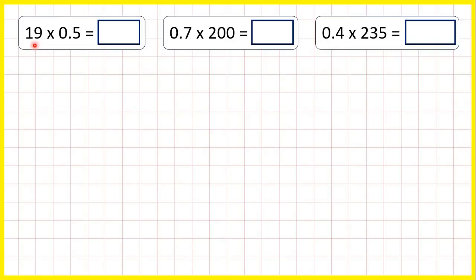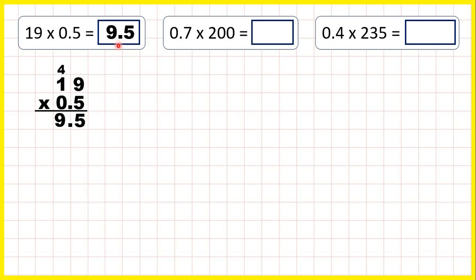We have 19 times 0.5, so we can set this out as a column multiplication. But we need to remember that if there's one decimal place in the question, there will be one decimal place in the answer, so we need to copy down the decimal point. Now, 9 times 5 is 45, so 4, 5. 1 times 5 is 5, plus 4 is 9. And now we don't need a second answer line because we have a 0 as the next digit, so our